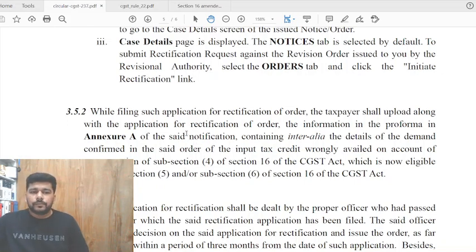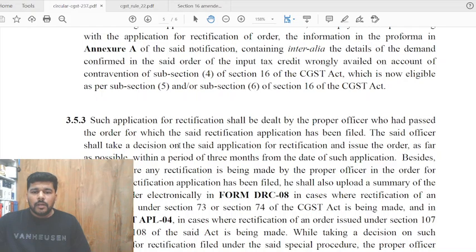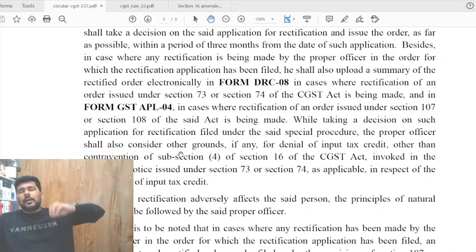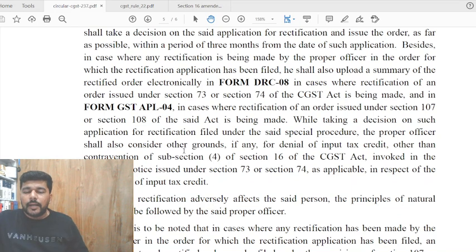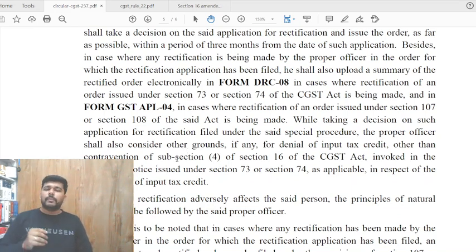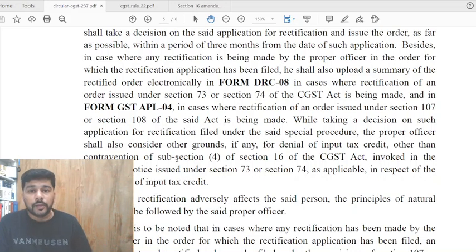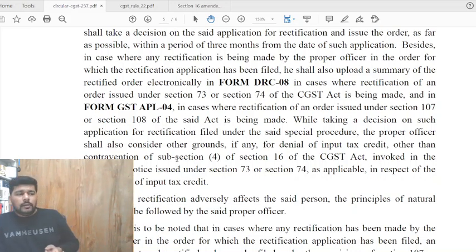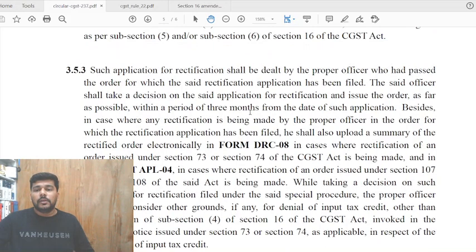Now, the rectification application that you file has to be backed up with the calculations which you are able to prove if at all you are called in for an inquiry, and most importantly, whenever these sorts of applications are made, there is a possibility that the application for rectification is not acceptable to the